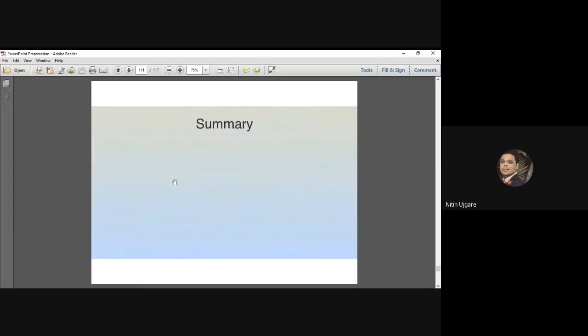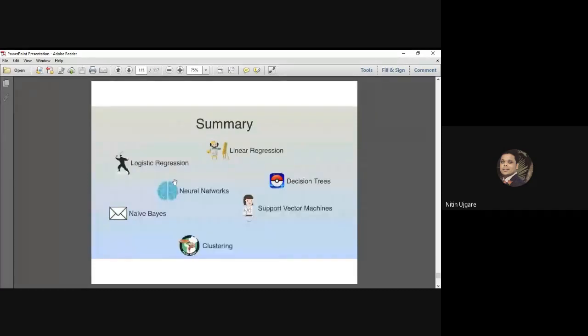Okay, so that's all from my end. I just mentioned we have learned the linear regression algorithm using the price of the house example. Then we have learned the naive Bayes algorithm using the spam detection example. We have seen the decision tree using the recommendation app example, and there are some other examples.